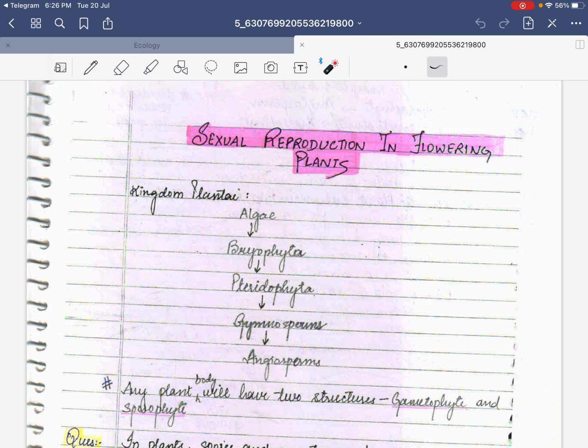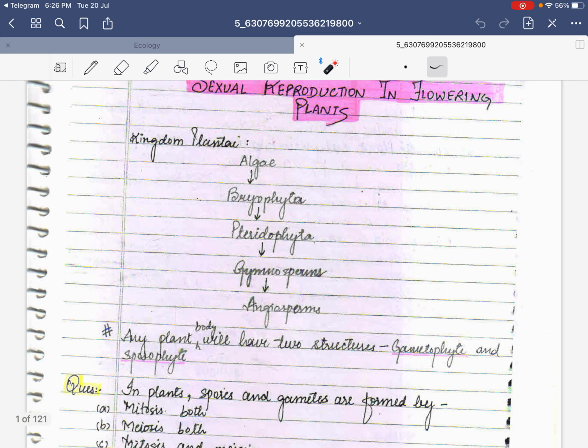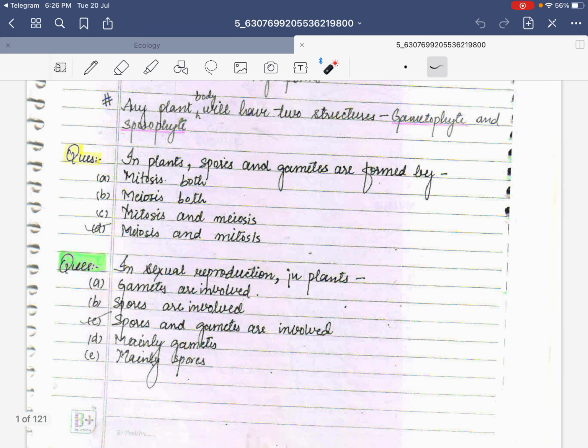Right? Or phylogeny. We say that any plant body will have two structures. If you're talking about a plant, then it will have two structures. One will be a gametophyte and the other will be a sporophyte. Okay, so let us look at this question. In plants, spores and gametes are formed by mitosis, or both with meiosis, mitosis and meiosis,